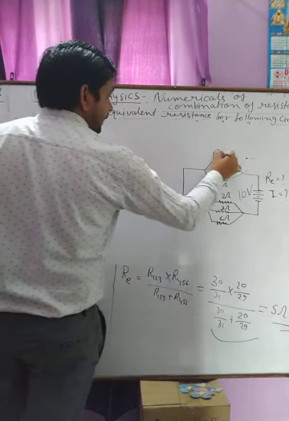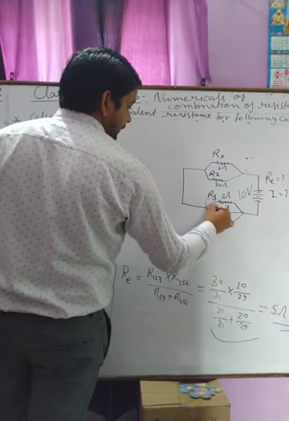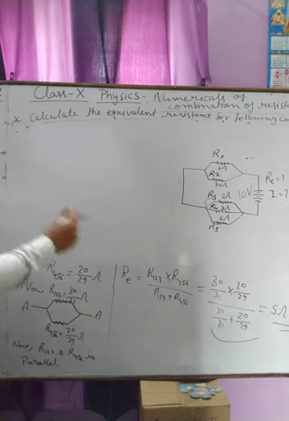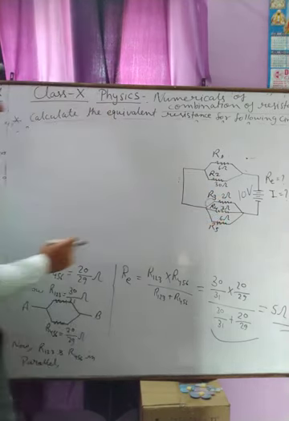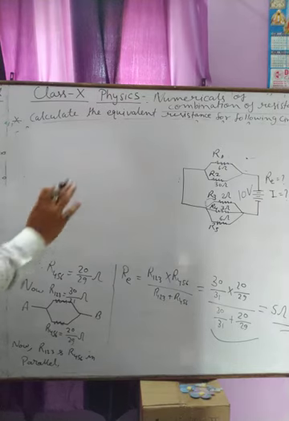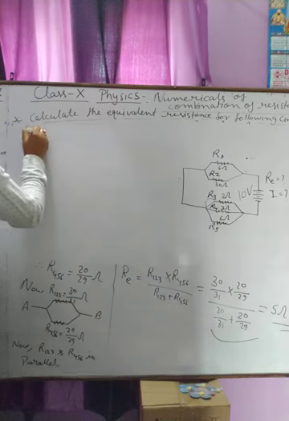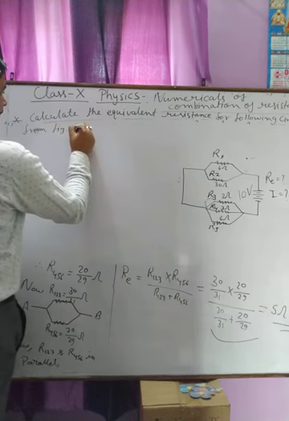This is R1, R2, R3, R4 and R5. Now from the figure, R12 in parallel and R345 in parallel, so from the figure we get